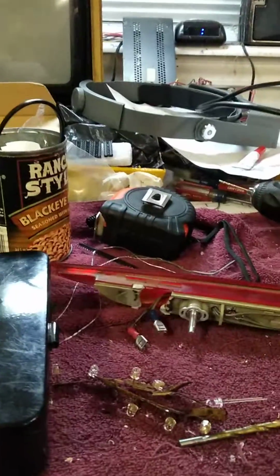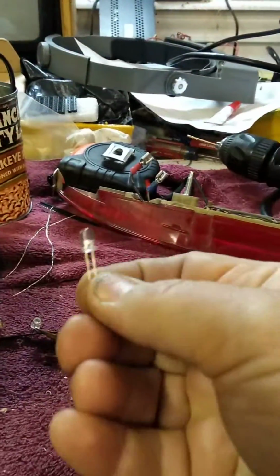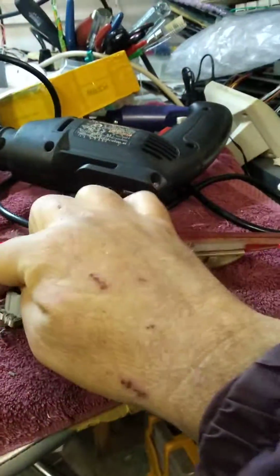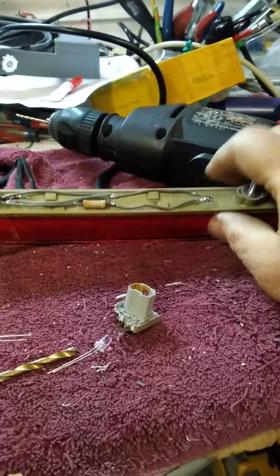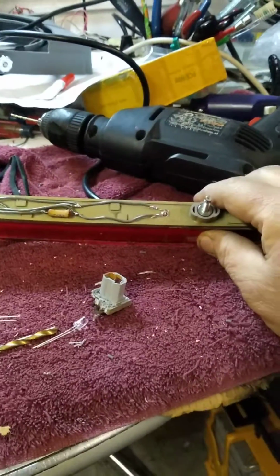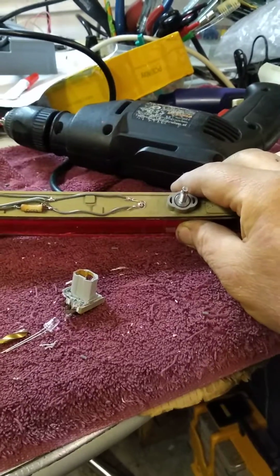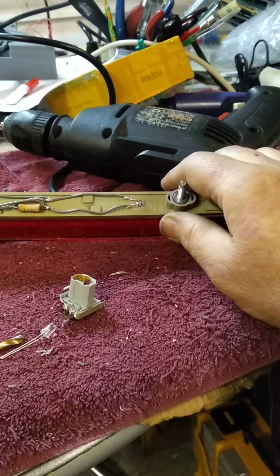So I gutted it and I drilled some holes to add these types of LEDs like this. And when I emptied the contents of the light, this resistor fell out right here. So I repurposed it and I added 3 LEDs just so this would pass inspection. Well, now I'm returning to this job to add a couple more to make it a little bit better. Three is okay, but I think originally it had 9, and so I'm going to make it 5,